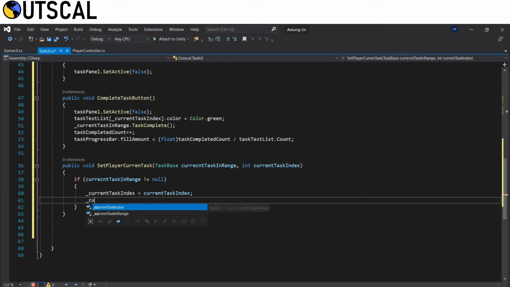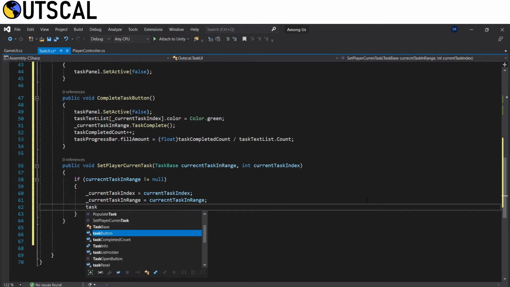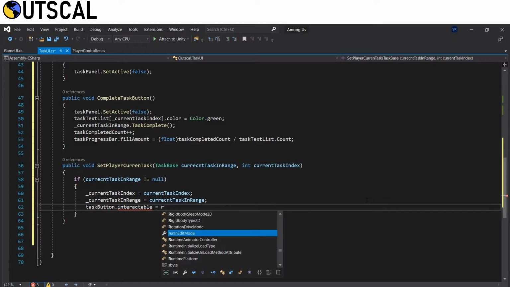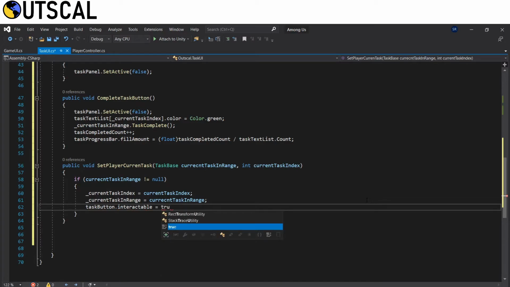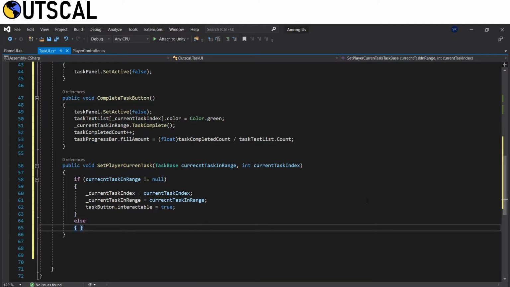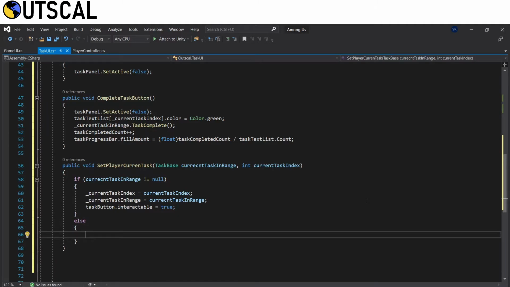Then we set underscore current task index equal to current task index. Then we set current task in range equal to current task in range, and task button dot interactable is equal to true.